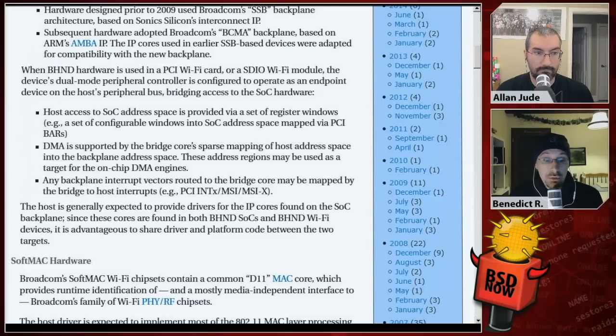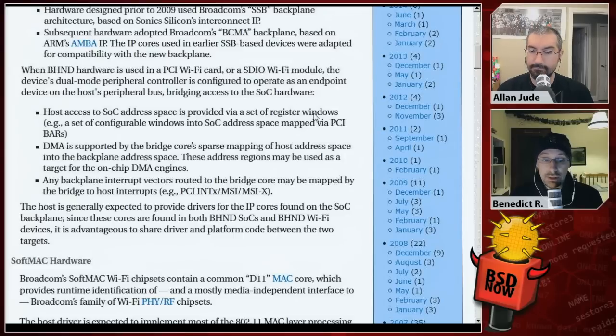The IP cores used in earlier SSB-based devices were adapted for compatibility with the new backplane. When BHND hardware is used in a PCI Wi-Fi card or an SDIO Wi-Fi module, which is typically found on the Raspberry Pis, the device's dual-mode peripheral controller is configured to operate as an endpoint device on the host's peripheral bus, bringing access to the system-on-chip hardware.